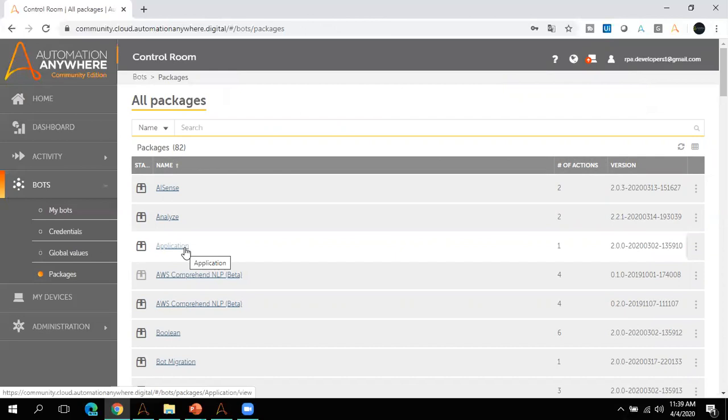Similarly, A2019 also has the package concept. In case you want to build your own package, or if you have something which will help you automate your task, you can go ahead and create a package, and the same thing you can include here in the Automation Anywhere control room. As this is the community edition, we might not have access to add any packages over here, but if you go for enterprise level, then they will give you the option to create your own package and add packages.